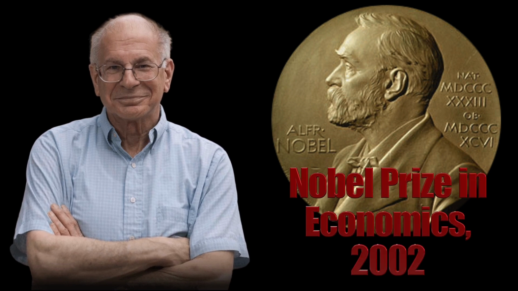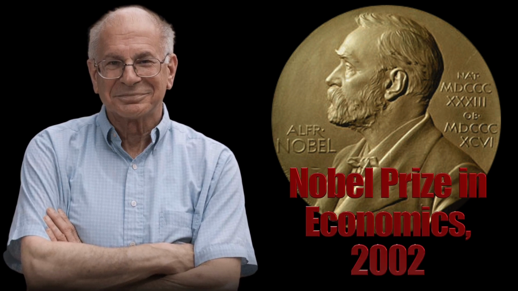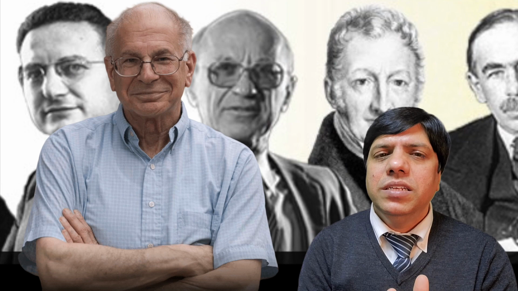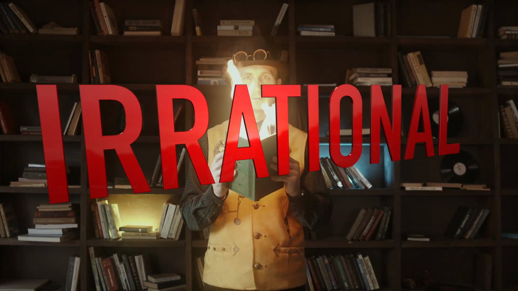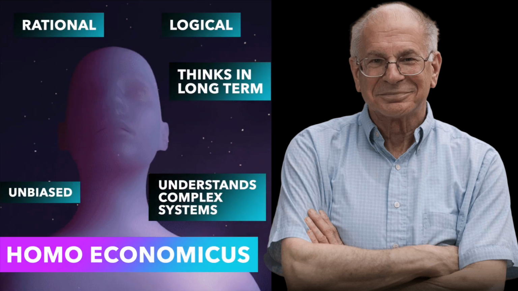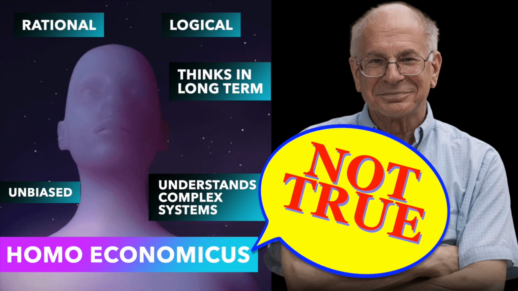The pioneering work of Daniel Kahneman was so extraordinary that the Nobel Prize in Economics in 2002 was conferred on him. Just think about it for a second. A behavioral psychologist with no training in classical economics gets the Nobel Prize in economics. Why? Because Daniel Kahneman's work on the irrational decision-making of human beings applies most commonly to economic decisions. Basically, his research proved that the Homo economicus, the rational man theory of economics, was simply not true.